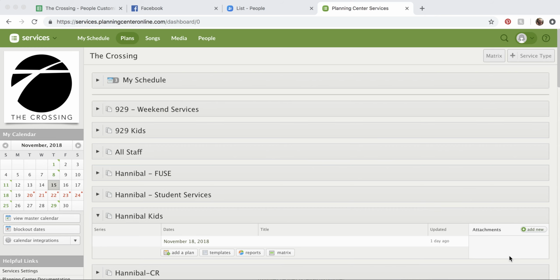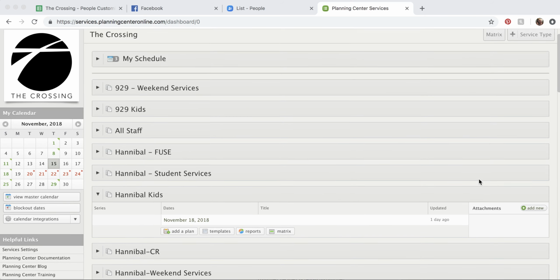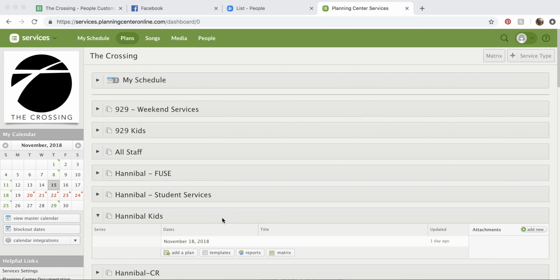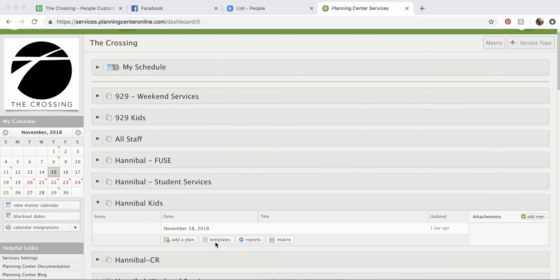Now we're going to create a plan using a template. So we're back here on our plans page. We're going to use Hannibal Kids again as an example. So what we would do in here is, again, click on Hannibal Kids, and then do add